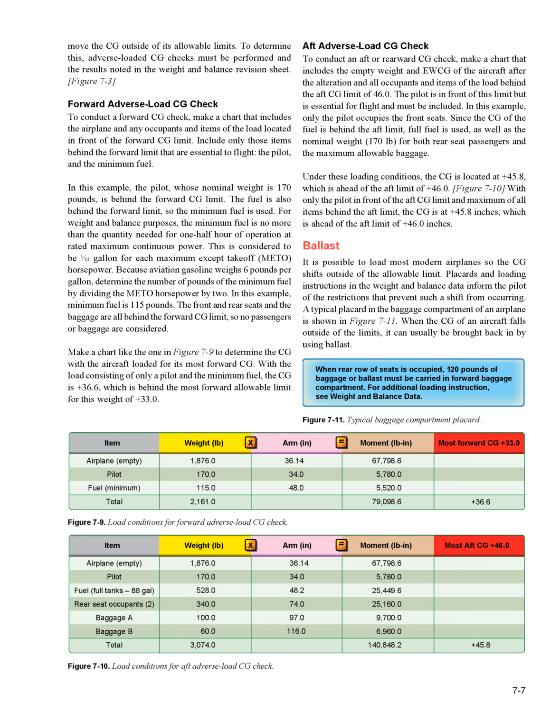Ballast. It is possible to load most modern airplanes so the CG shifts outside of the allowable limit. Placards and loading instructions in the weight and balance data inform the pilot of the restrictions that prevent such a shift from occurring. A typical placard in the baggage compartment of an airplane is shown in Figure 7.11. When the CG of an aircraft falls outside of the limits, it can usually be brought back in by using ballast. Temporary ballast. Temporary ballast, in the form of lead bars or heavy canvas bags of sand or lead shot,